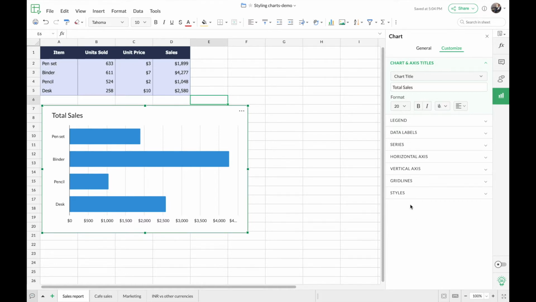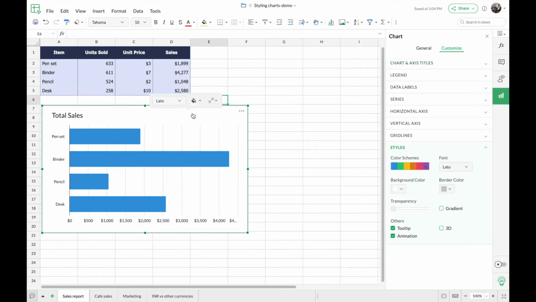Once the side panel is open, you can simply click on the desired elements on the chart that you would like to customize. So you can make simple customizations right besides the chart itself. For example, now I'm going to change the background color of this particular chart. So I'm going to click on the background of this chart, and you can see a small context menu being displayed. So I can make some quick formatting changes from the chart directly.